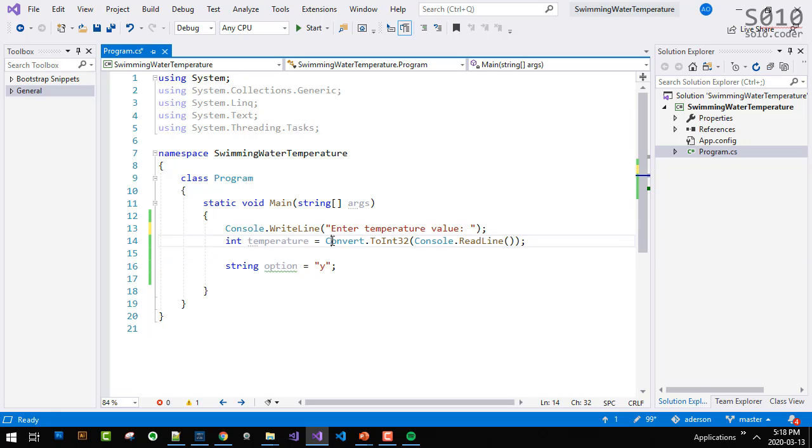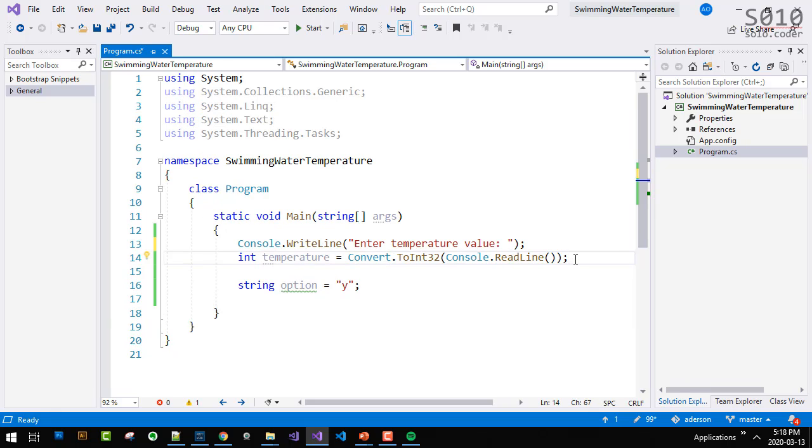Now, yes, Convert.ToInt32 is one of the many different ways to convert a string to an integer, okay? However, actually, let me ask you this. What will happen if I type a name in this case here? If it's waiting for me to enter something and I type a name, what will happen? You're going to have a problem, isn't it? So, is there a way that we can convert to an integer, but if there is a problem, it does not break the application? What could be the one?